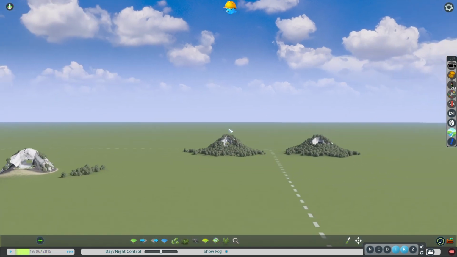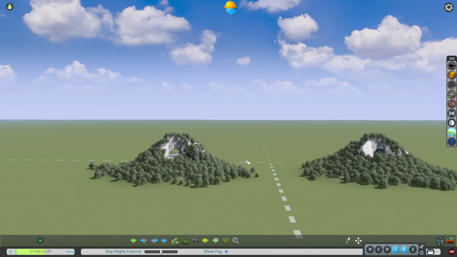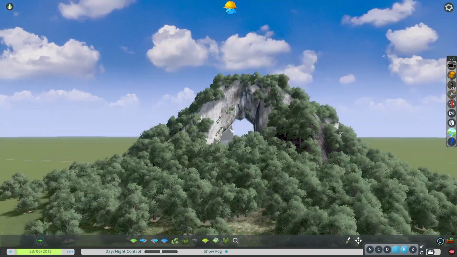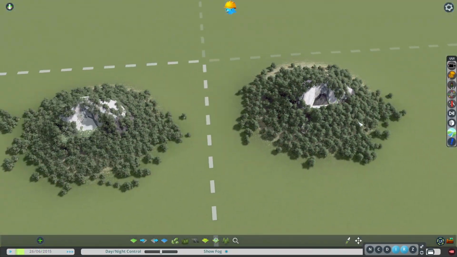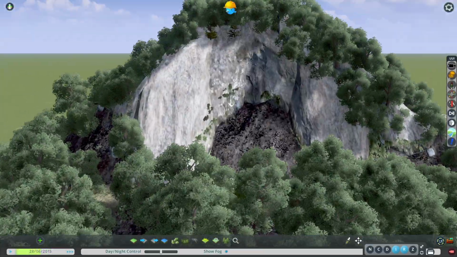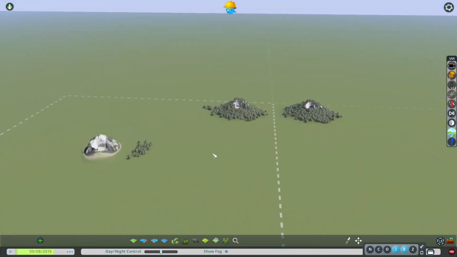I want to talk about another thing as well. You can see I placed two pretty much identical arches here. One that you can see through and one that you can't. And the difference here is that this one is outside of the unlocked tiles. Or as a matter of fact, this is how they look when they are outside of unlocked tiles. So